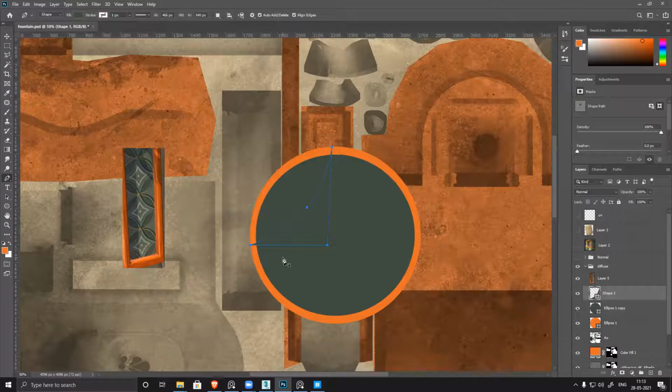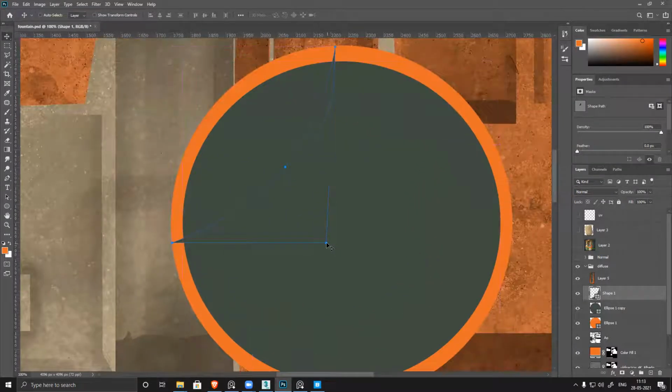I just created a quarter of this, so that I can manipulate the entire thing and it should be perfect from all the angles. Make sure it's a straight line.